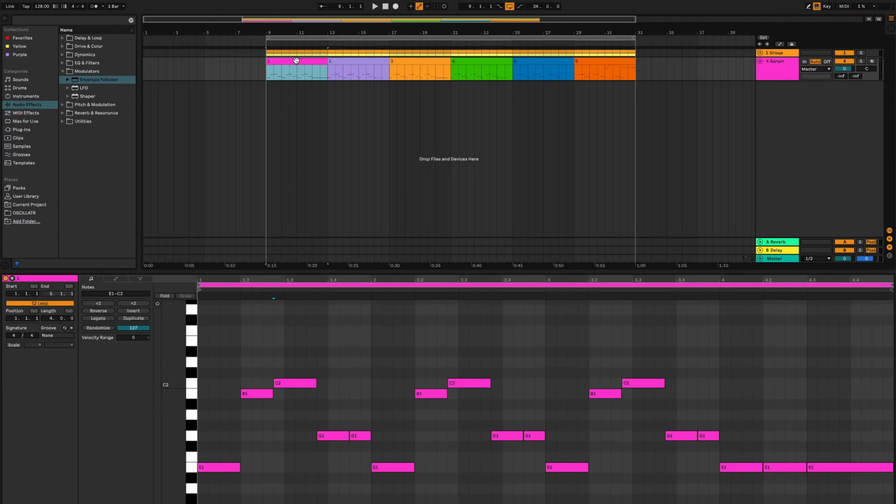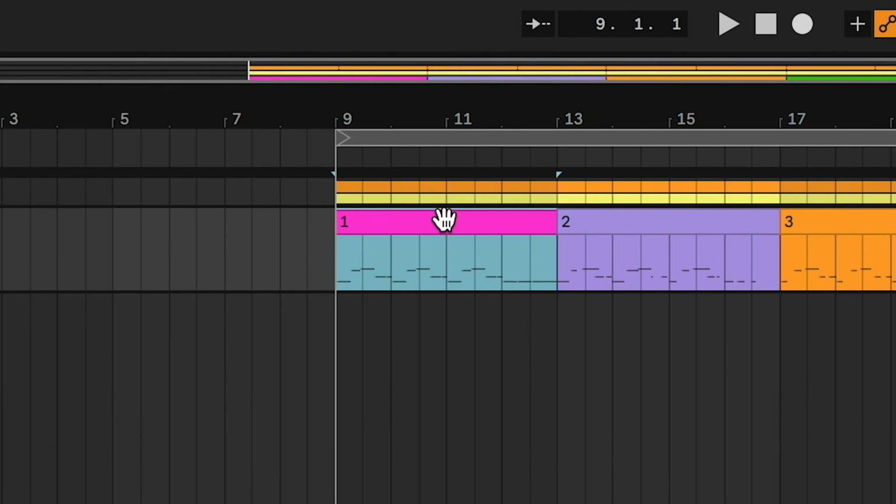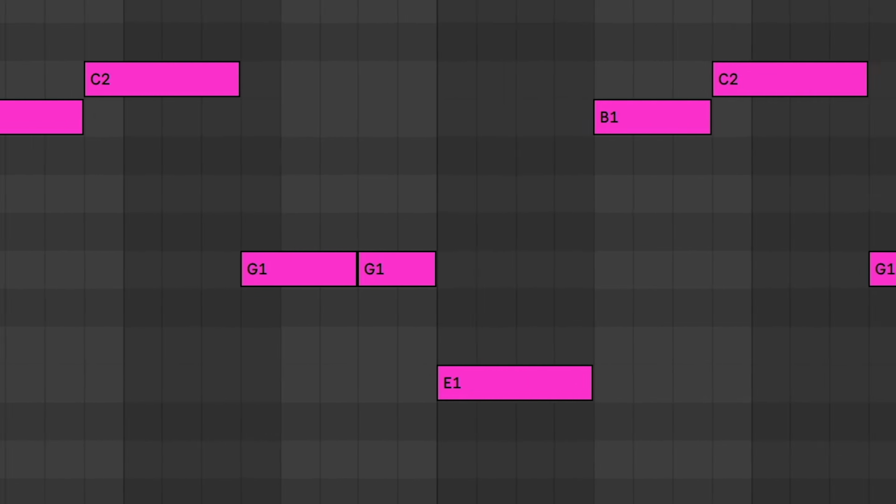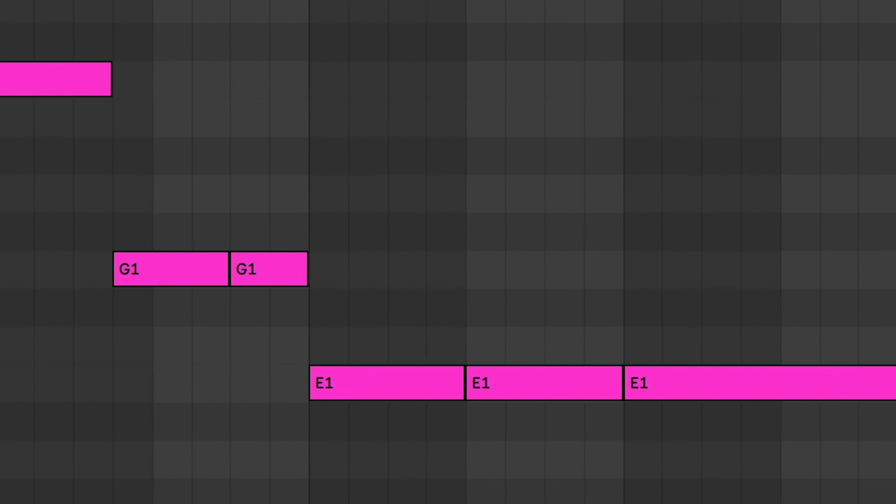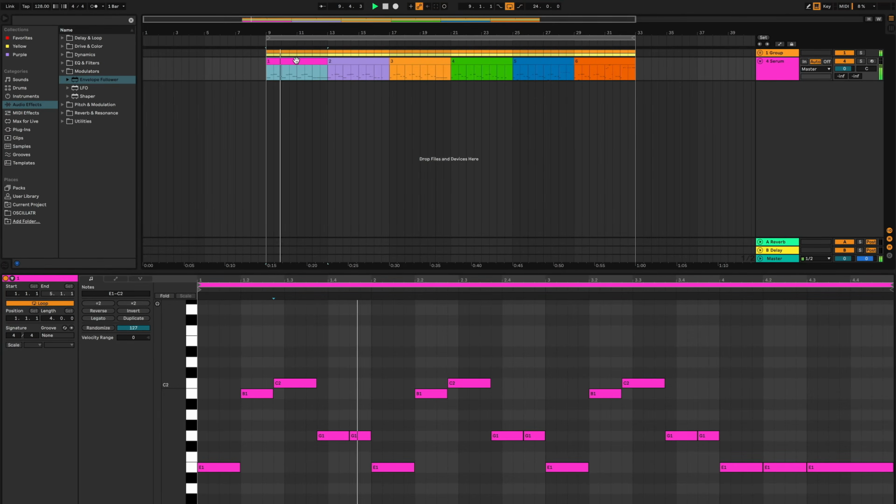Let's look at region number 1. In this region, all the MIDI notes are legato. That means that every MIDI note ends exactly where the next note begins. So they're squished next to each other. This is what it sounds like. It's a cool bass line, but this bass line could be majorly improved by playing around with the length of